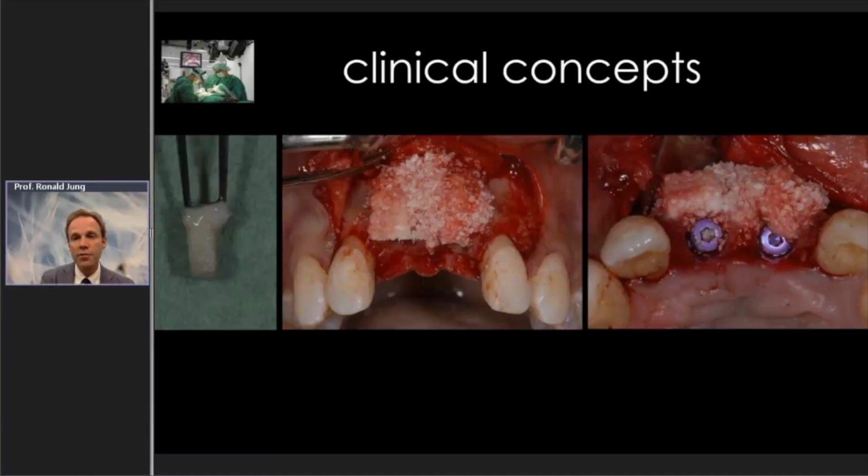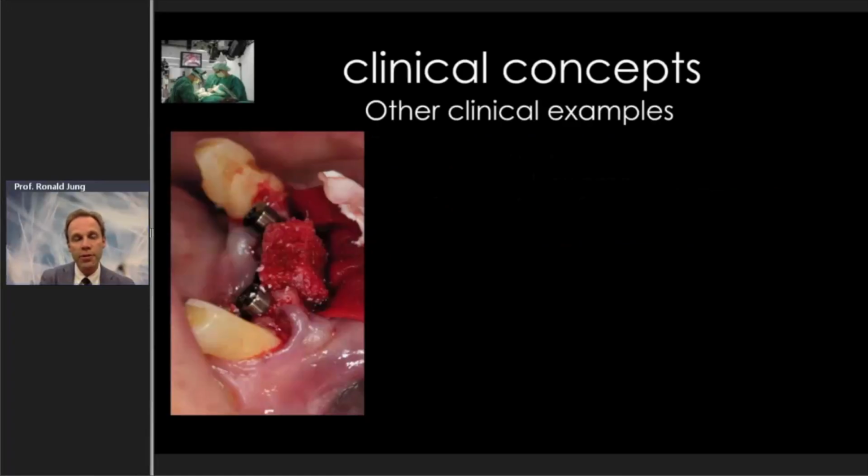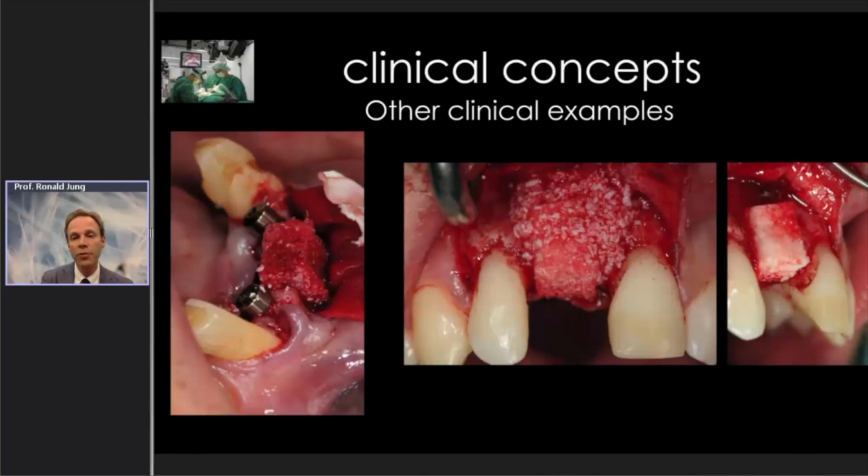Here are some other examples so you get a little bit of a taste of how this is going to be used. Here we use the Bio-Gide collagen to support the pontic area in the front area. Here are 2 other examples in the anterior area of how this is going to be used. We can see we place it a little bit above the implant. It is not meant that this is going to become bone. It is meant to support the soft tissue in order to provide the best possibility